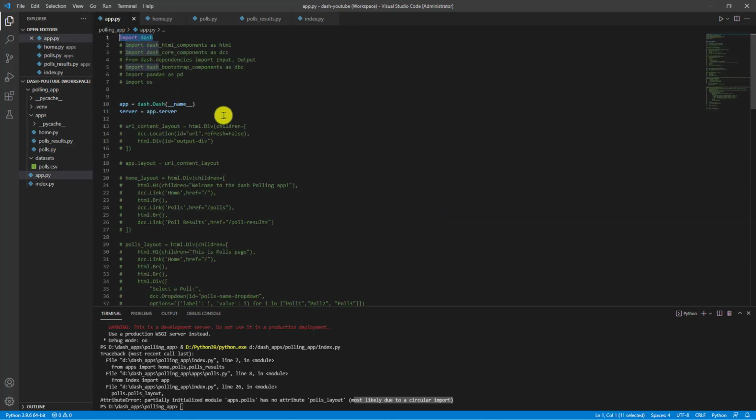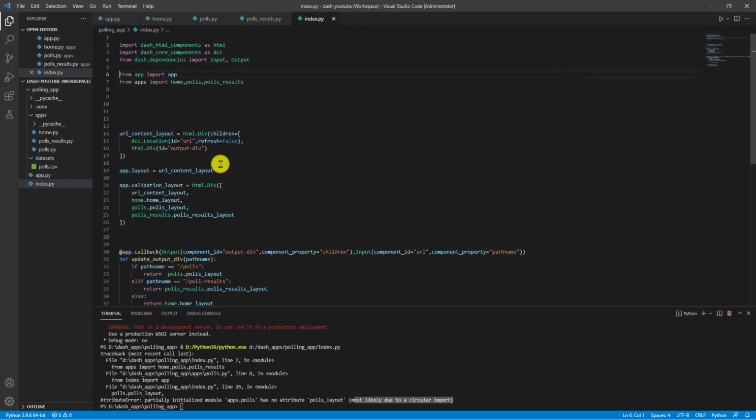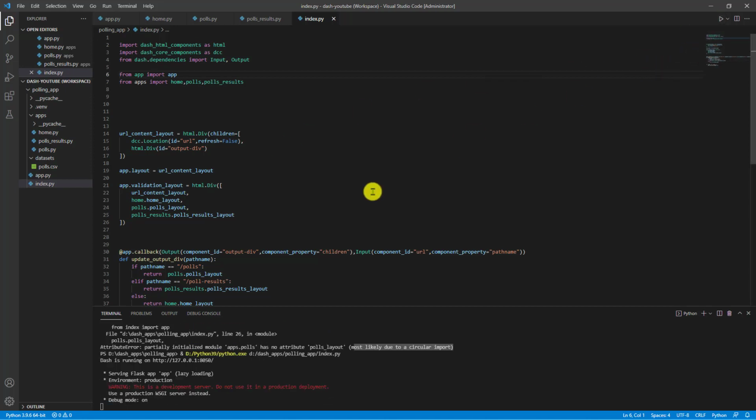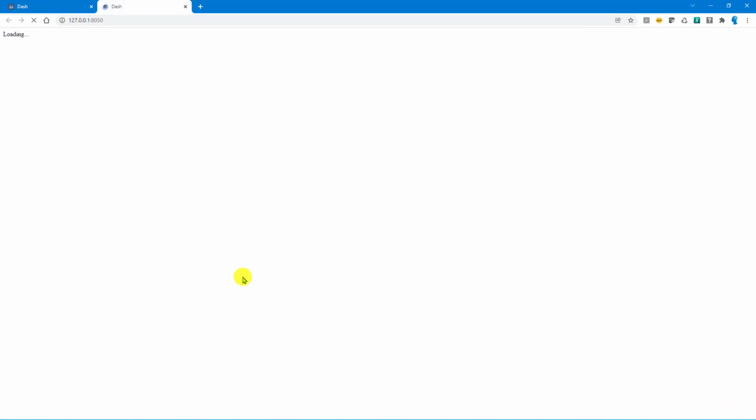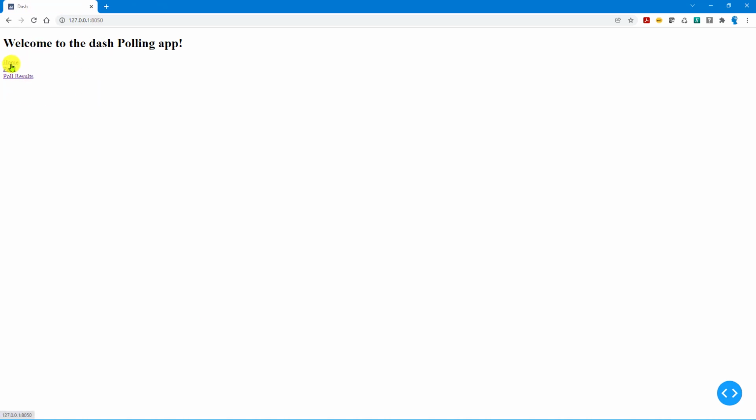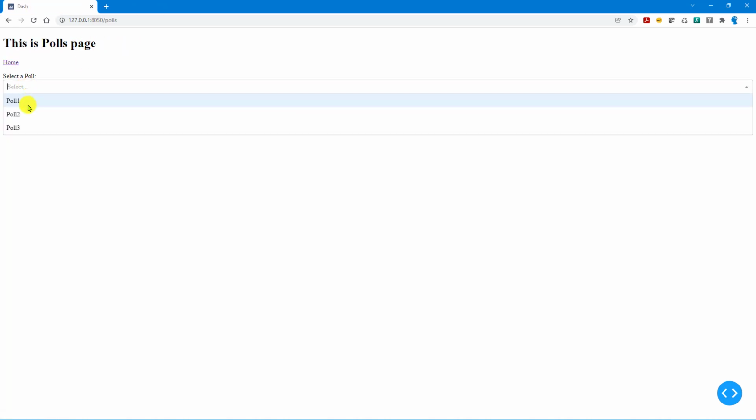The app.py is fine; we have not touched this particular file. So now once I move to a separate file, app.py, my Dash should load properly, right? And it is running on this particular link. So let us see that. Yeah, it is properly loading these things without any error.